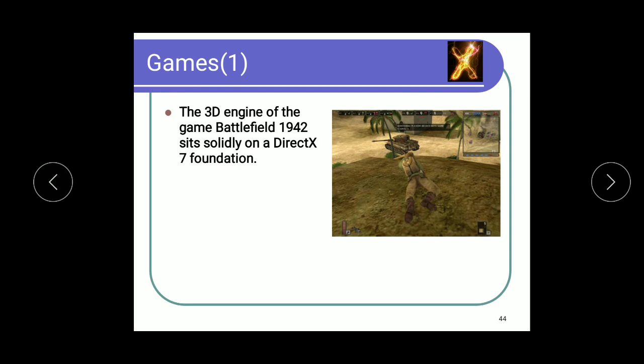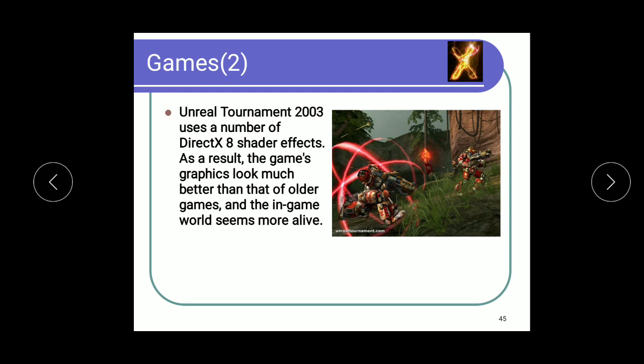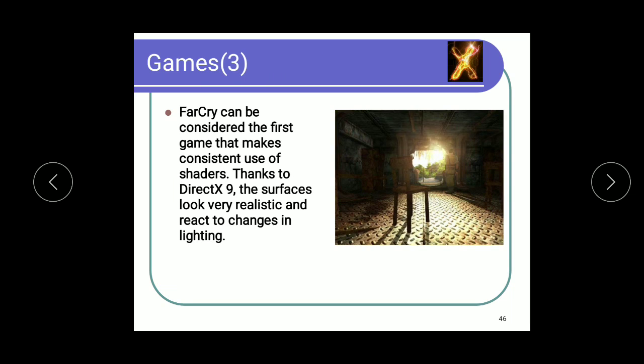The games developed include Battlefield on DirectX 7 foundation, then DirectX shaders with Unreal Tournament 2003. Then Far Cry can be considered the first game that makes consistent use of shaders, because of the DirectX 9 version, where the surfaces are realistic and changes of lighting are done.